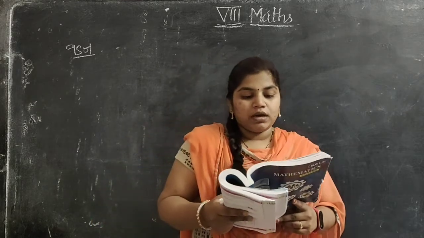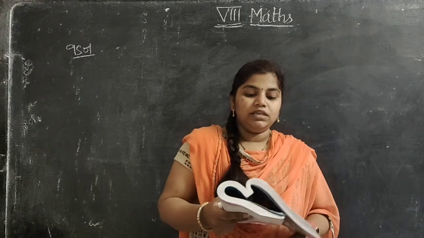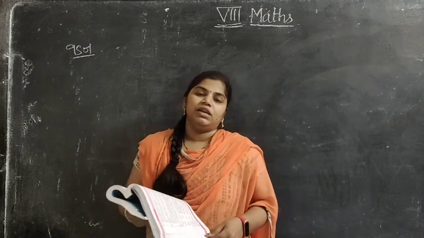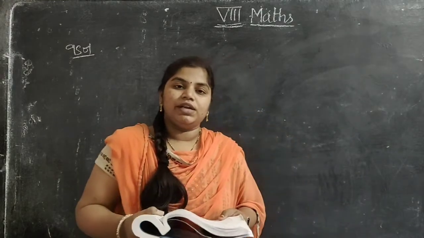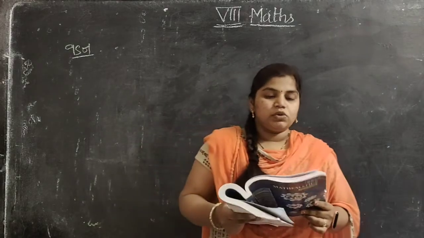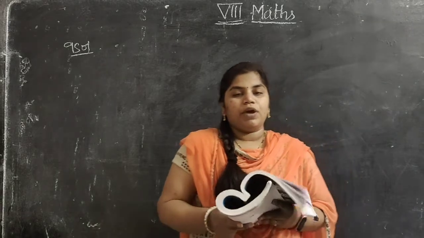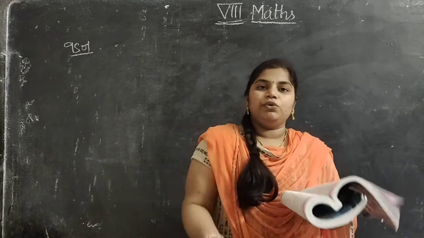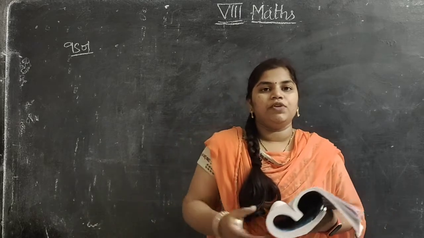The rectangle's length is twice its breadth. They have given the length value as twice of its breadth value, so we will take the breadth value as x. First they have given the area of a square field. By using that we have to find the side value first. If you get one side value, automatically you will get the perimeter of a square.